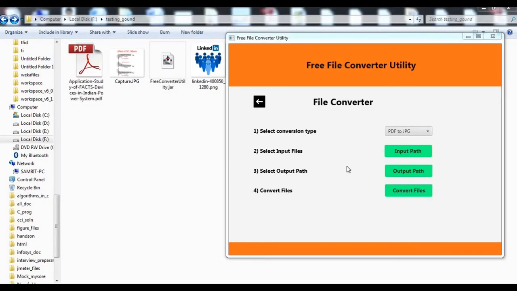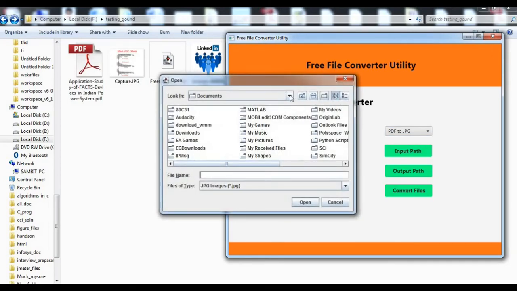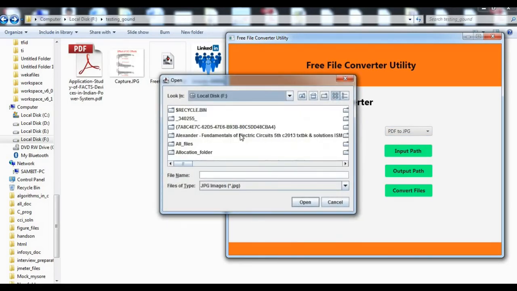Now if I want to create JPGs from a PDF, if I have a PDF of some 10 or 5 or any number of pages, and I want them in a JPG format, what I will do is select this file converter, and then drop down, select PDF to JPG, then select the input PDF file that I want to convert.